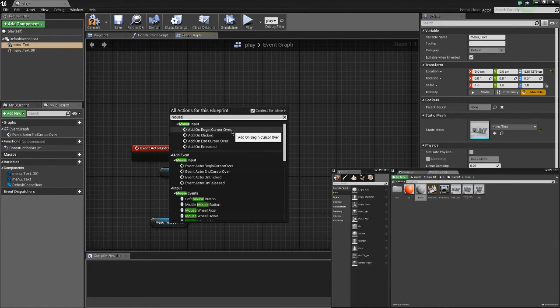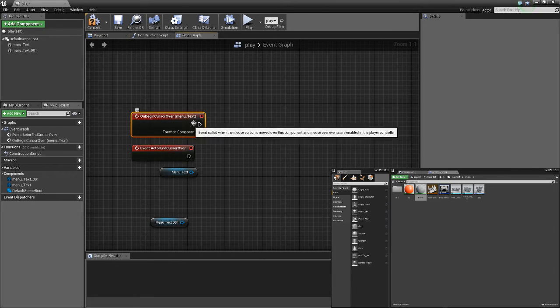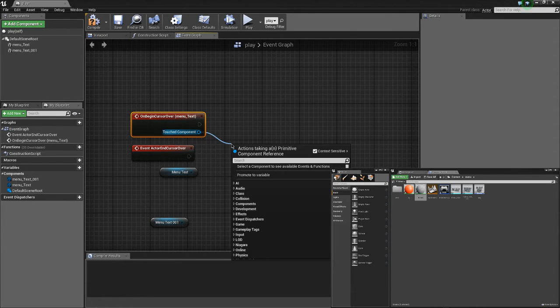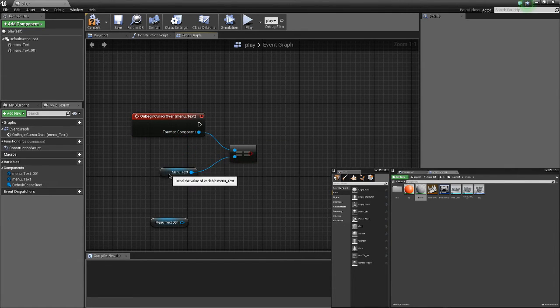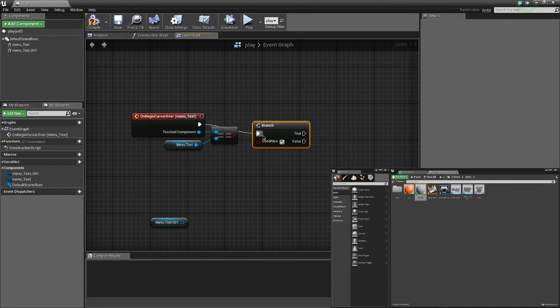On cursor over, selecting the text, the menu text here, and we go touch component equal to menu text, and we're going to branch in here just to complete that, and if it's true